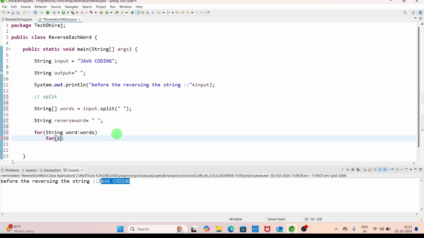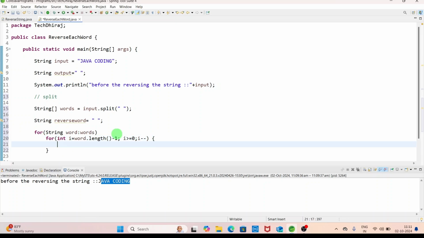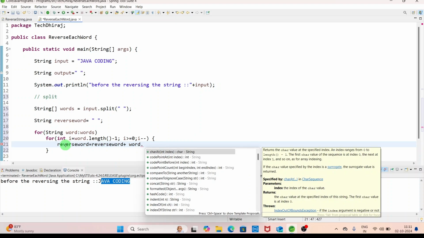We are initializing the i here. i is equal to word dot length minus one, for the reversing purpose. Then i is greater than or equal to 0. Then decrement we have to do for the reverse string. After that, start the curly braces. In that we have to write the reverse string logic. For the reverse string, we have to preserve the reverse string. Then concat the word with the charAt indexing,